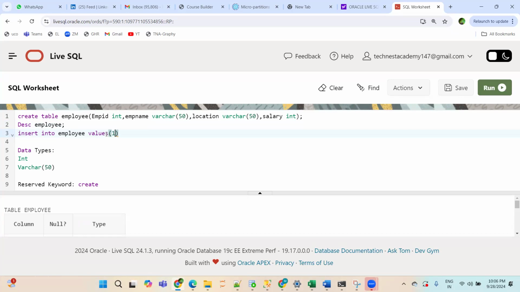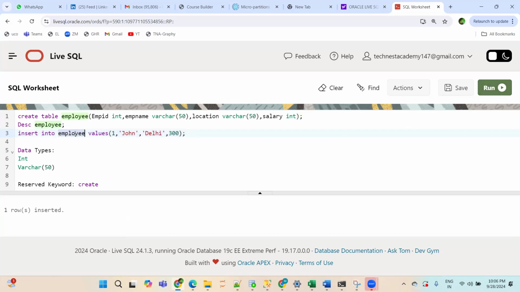The first is employee ID 1, then the name is John, location was, I think, Delhi, salary was 300, maybe. Now I will give the semicolon and select it, click on the run button, and see what is showing here. One row inserted. It means this record has been inserted in this employee table.